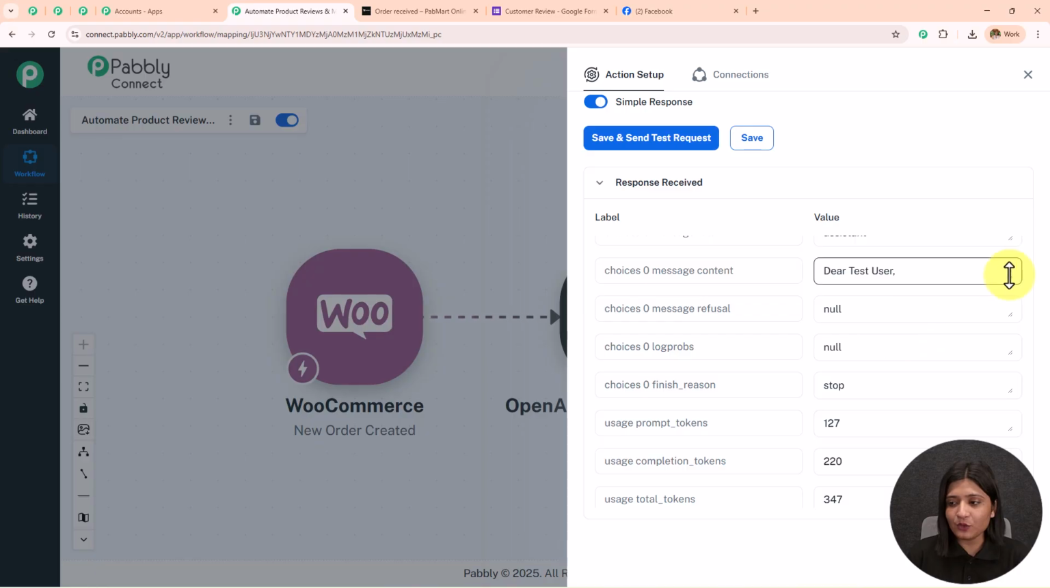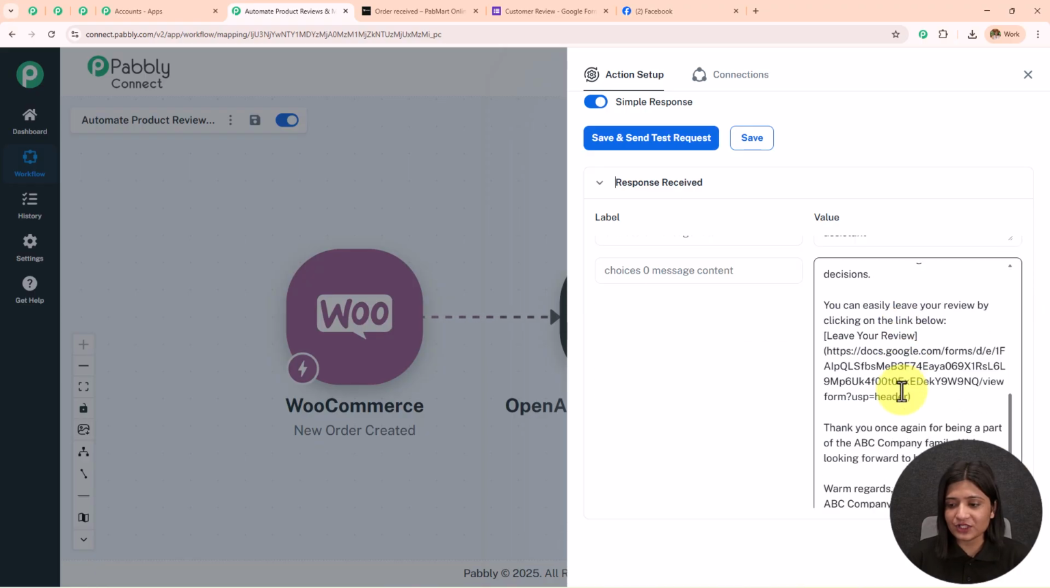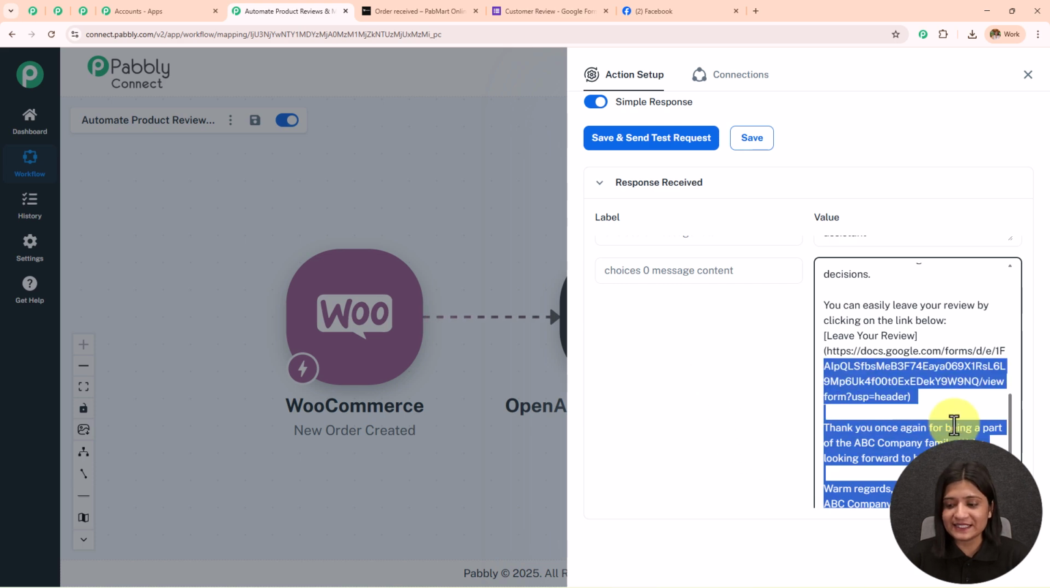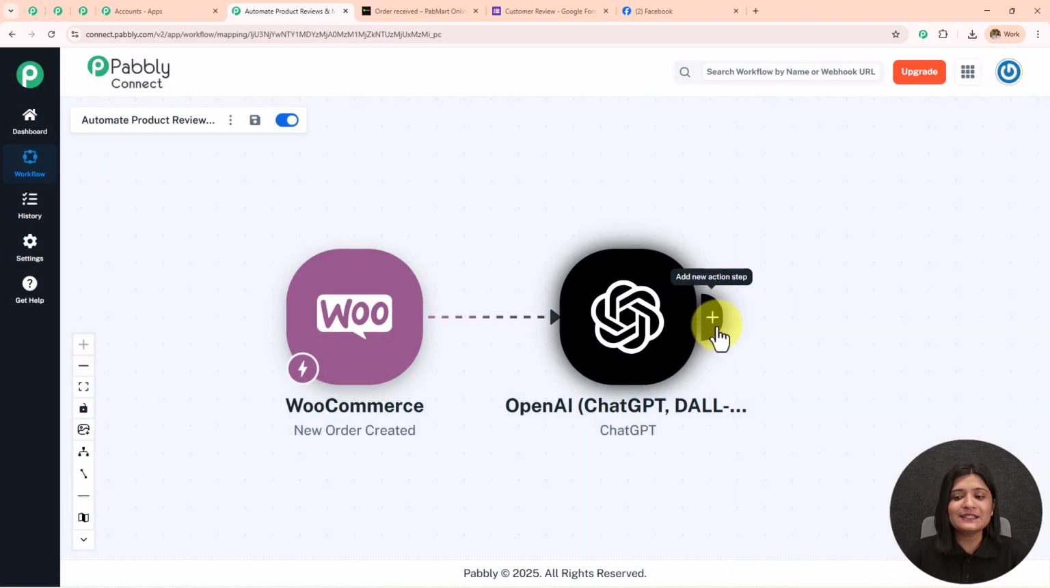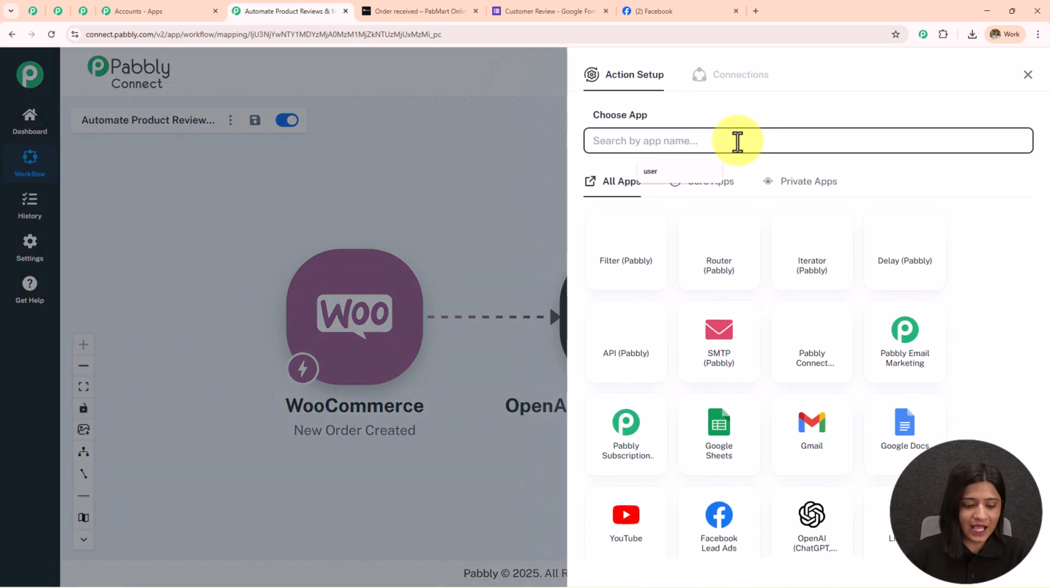And here I'm going to open this response which we have generated just now, and you can see thank you once again for being part of the ABC company family. We are looking forward to hearing from you. Warm regards, ABC company. So here we have generated this mail, and then I'm going to send this mail using Gmail. So I'm going to cross this, go towards this add new action step, and in my action application